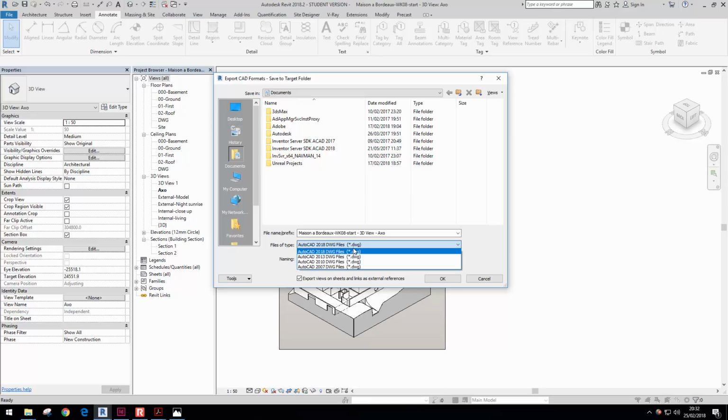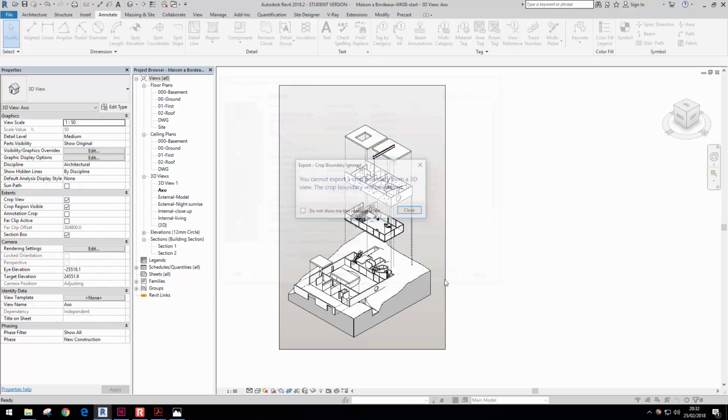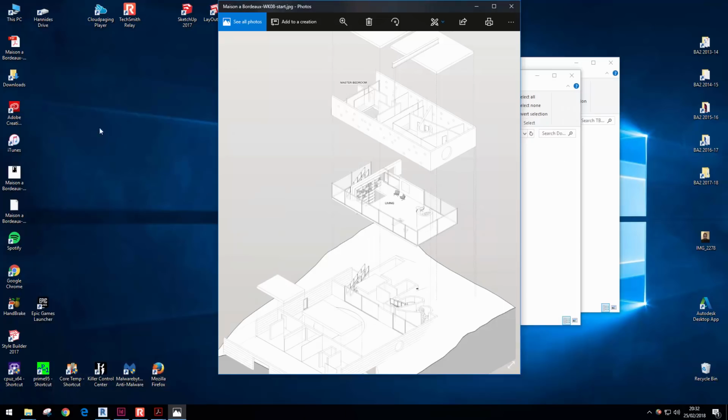If you want to export it for Illustrator, you have to downgrade it to either 2013, or just make sure it's a lower version of AutoCAD, so 2010. If you just untick where it says export views on sheets, because it's not on a sheet, and click, I'll just put it on my desktop, click open. You cannot export the crop region, okay, you just ignore it. So I should have a DWG exported